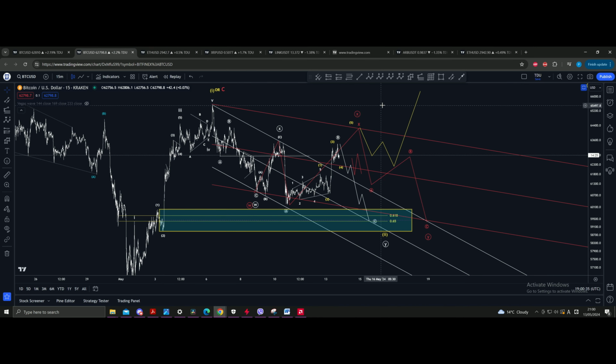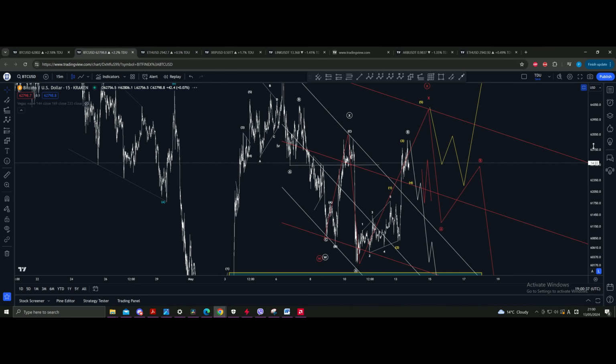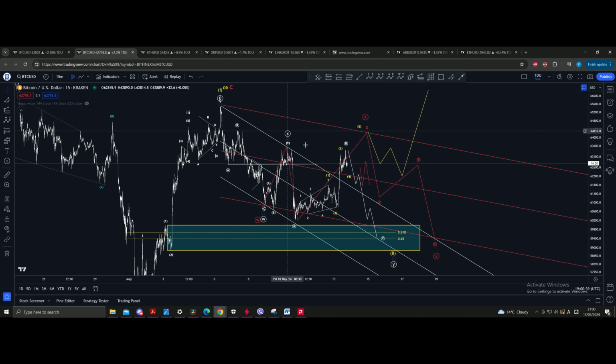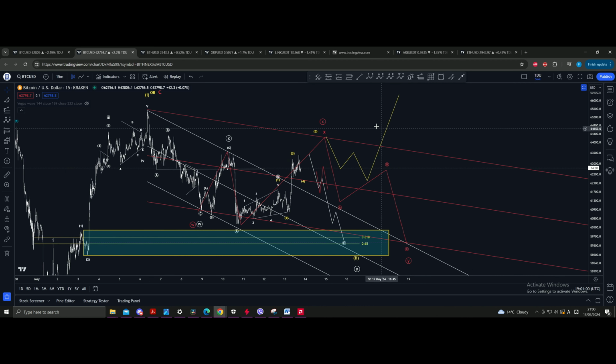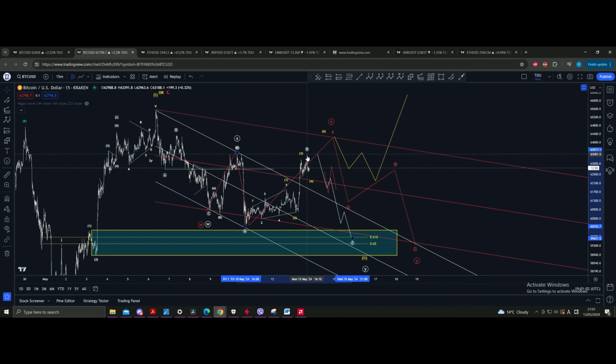So last time when I checked this, pay attention on the white count, please. I said that the B would be here. That would be ideal scenario, and that we would have another impulsive down into a golden zone, into a demand zone, however you wish. Now, considering the fact that it didn't happen, I cannot technically invalidate the possibility that the B is still